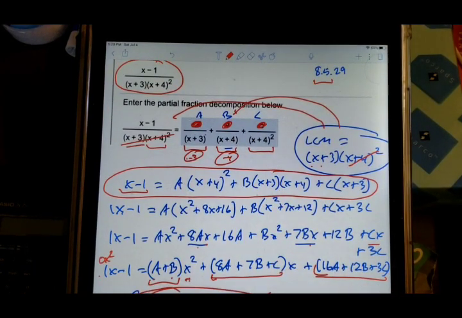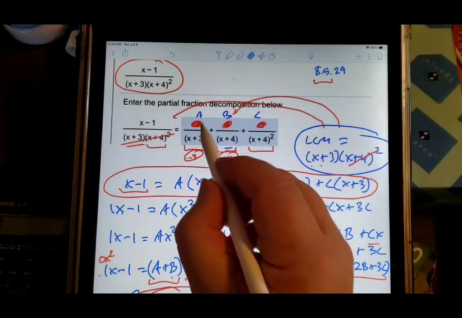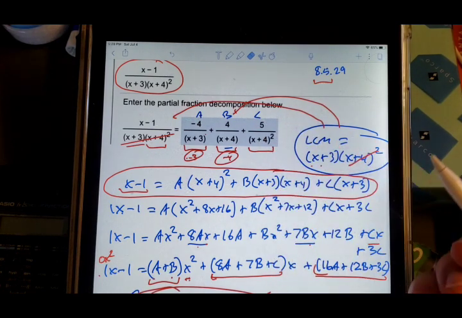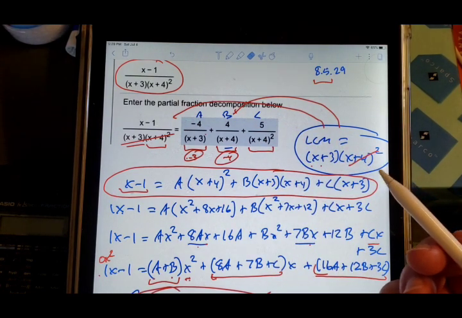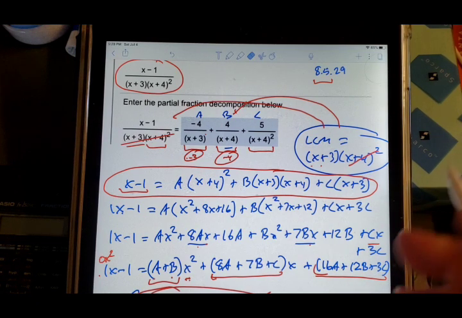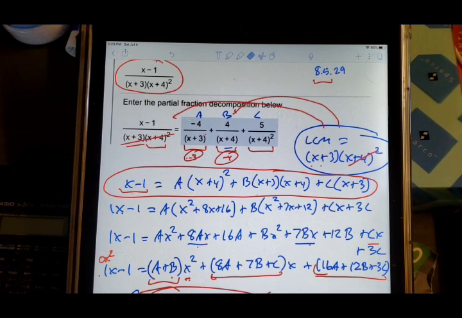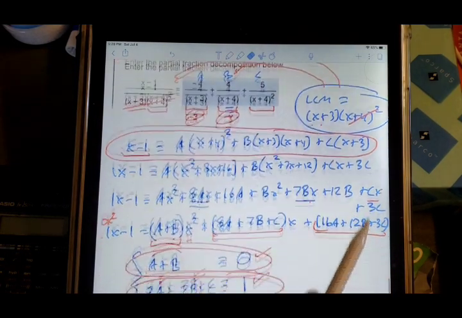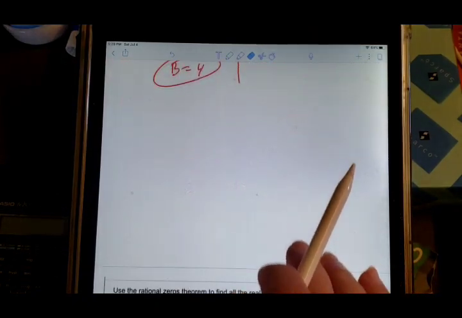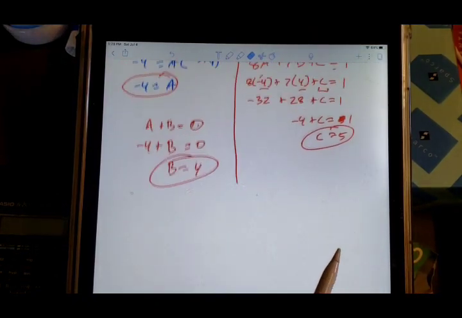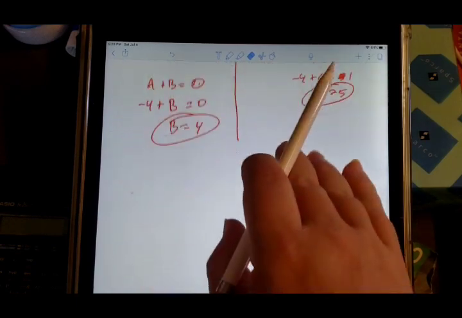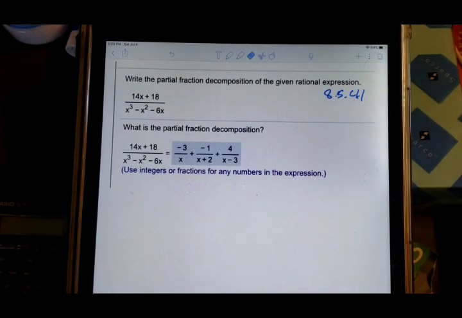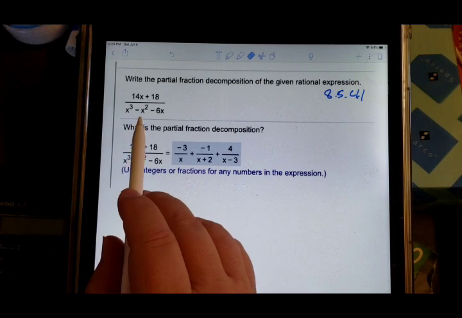Going back to the beginning of the problem, do you remember? A was -4, B was 4, and C was 5. So I did get the decomposition. In other words, I found out what my A, B, and my C were. All right, that's a good problem. The only thing that we're going to add to this, and I'll do that on the next video because I don't want these to be terribly long, is if you look at this video, notice how